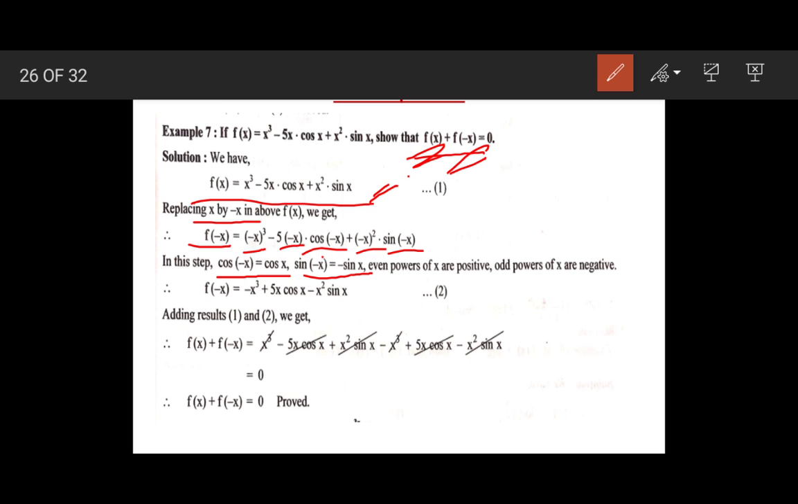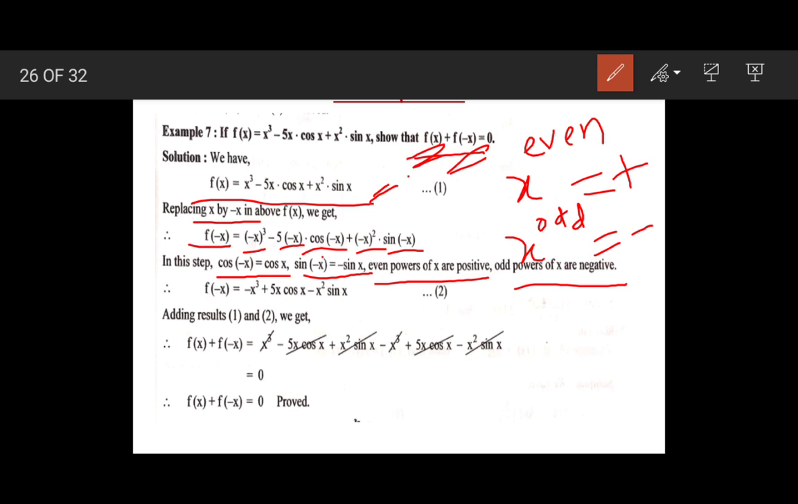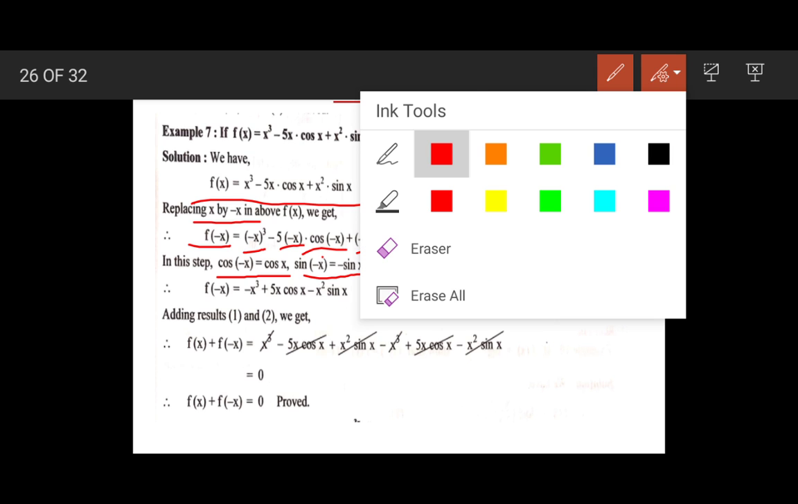Okay. Then even powers of x are positive, means if x raised to an even number is given, then the answer will be positive, and if x raised to an odd number is given, then the answer will be negative. Odd powers of x are negative. Okay. So by using all these 4 parts, we get, let me clear the screen,